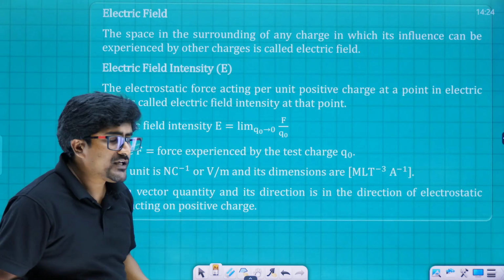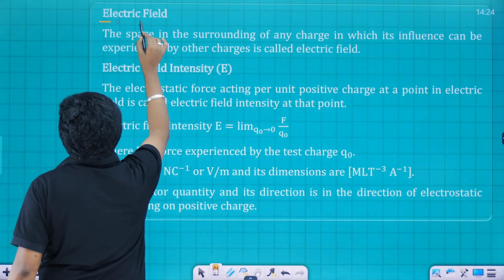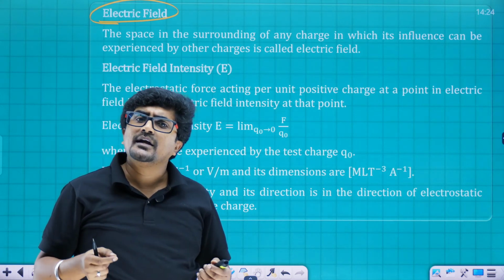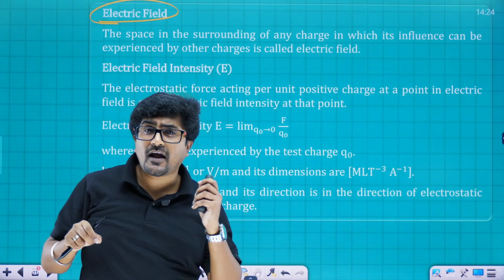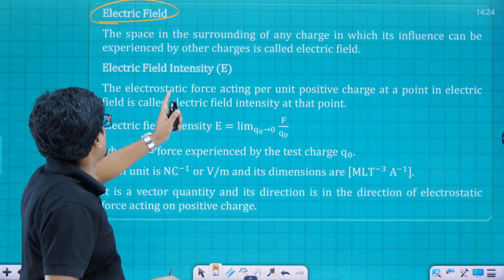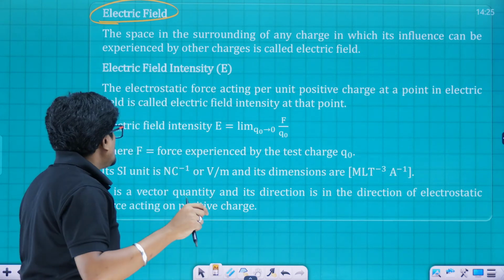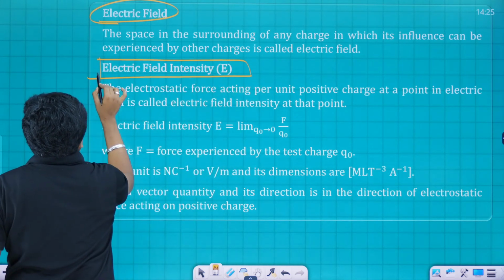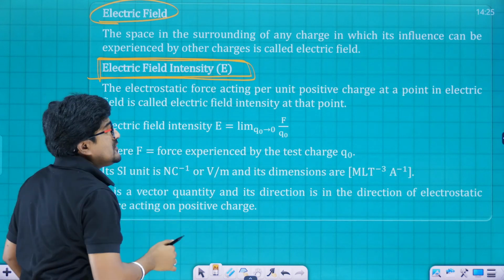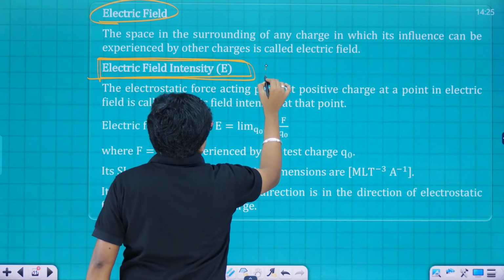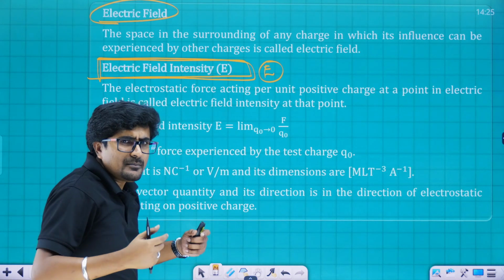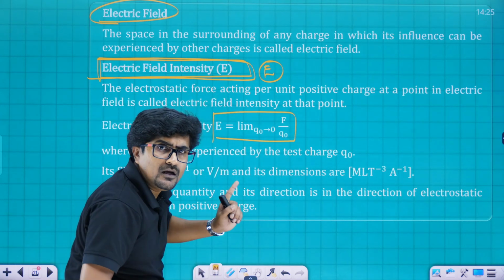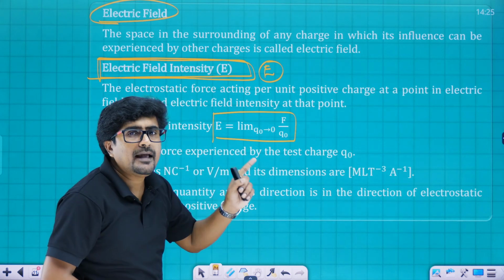Next is electric field. All right, electric field. So electric field, you know that the space around any charged body within which another charged body is going to experience an electrostatic force of attraction or repulsion, that space we call it as what? Electric field. So the numerical importance of that electric field, we used to tell that in terms of what? Electric field intensity. It is represented by letter what? Capital E. So mathematically how we define that electric field intensity is